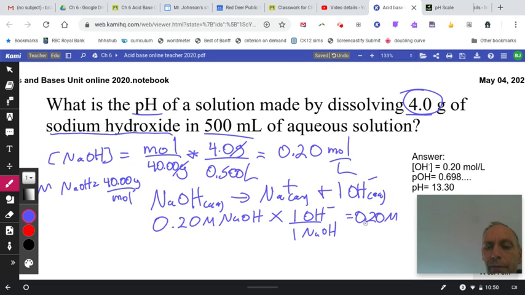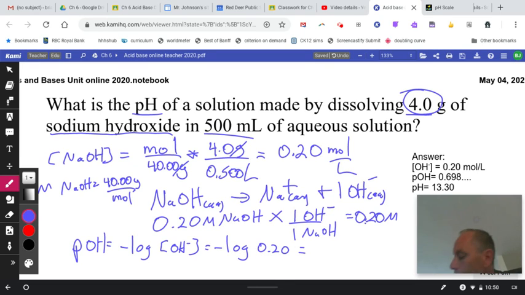0.20 molar. Okay, so we've got the concentration of hydroxide. So here's the tricky part. How do we get the pH? Well, we can get pOH first. pOH is negative log of the concentration of hydroxide. Negative log of 0.20. And that is